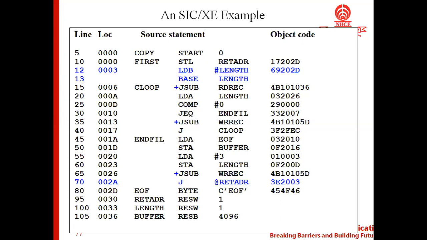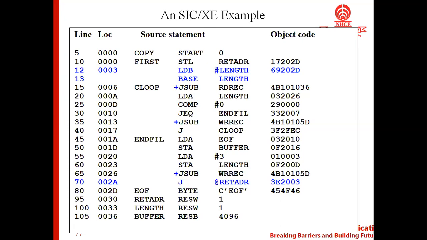Since it is format 3, the number of bytes allocated for that instruction is 3 bytes. That is the reason line number 10 takes 3 bytes of storage. So the address of this line is 0000, and if you add 3 bytes to this, it becomes 0003. That is the address of the next line.